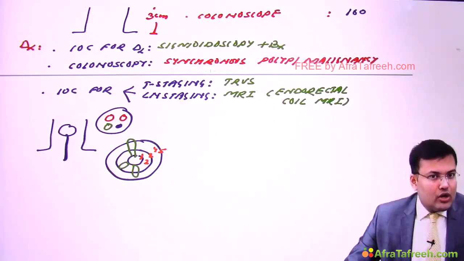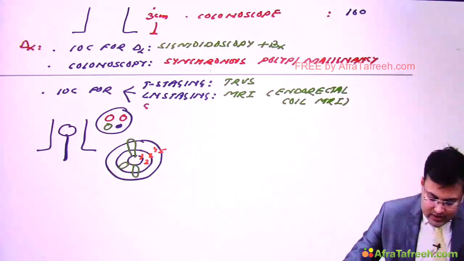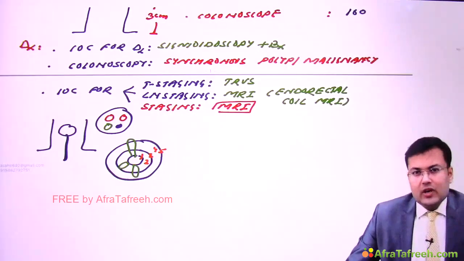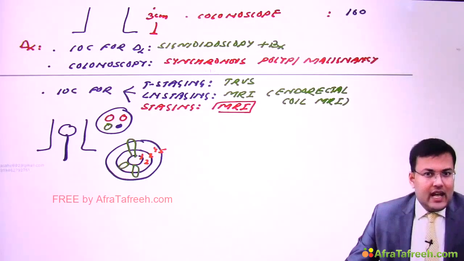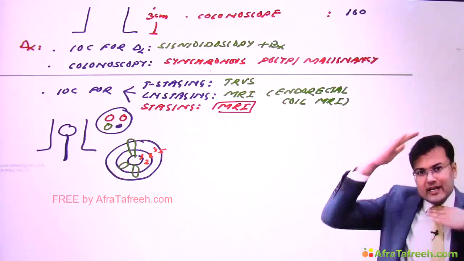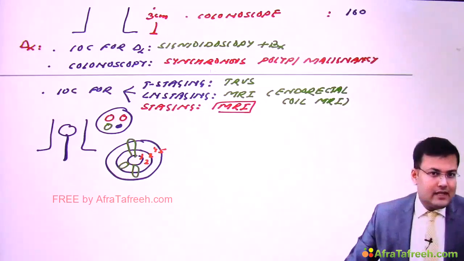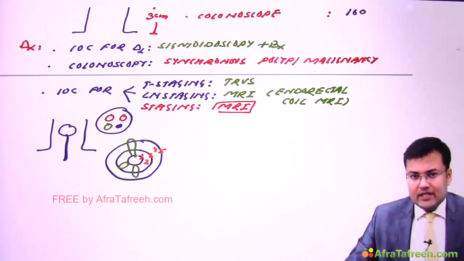And if you talk about overall staging, what is the best investigation? Investigation of choice for staging overall, okay, so we have to choose what? MRI. Clear? Now see, anywhere where there is overcrowding of soft tissues like nerves, vessels, muscles, in those cases, MRI is the investigation of choice. In head and neck malignancies and in pelvic malignancies, there is overcrowding of nerves, vessels, muscles, soft tissues. So whenever there is overcrowding of soft tissues, the investigation of choice for staging is MRI.